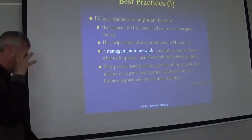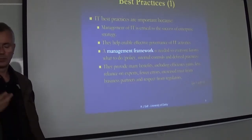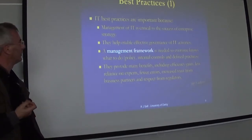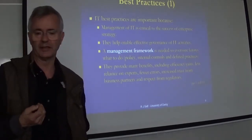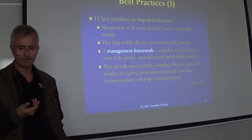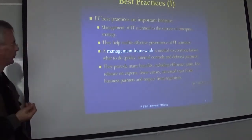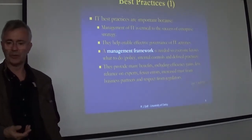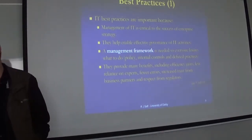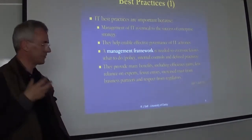According to that COBIT, ITIL, and 27K book, they make the point that IT is actually critical to almost all businesses these days, and it's become more so year by year since they actually wrote the original version. The idea of best practice is that it helps us to govern what we're doing in the governance sense. We need to provide checklists to people to help them remember what it is they should be doing, to be able to make sensible choices,